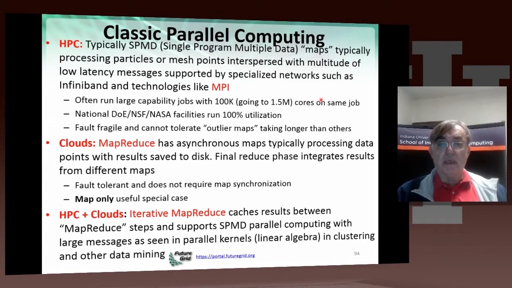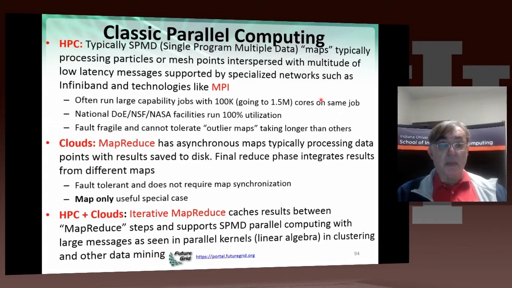And then we have the one model that is used in simulations, which run jobs. Each job has a lot of cores and a lot of nodes. They need very high performance networking to support the simulation. In the case of clouds, you're running a different class of job, either largely map-only jobs with very little communication, or cases where they're large messages which can be run efficiently on cloud technology.